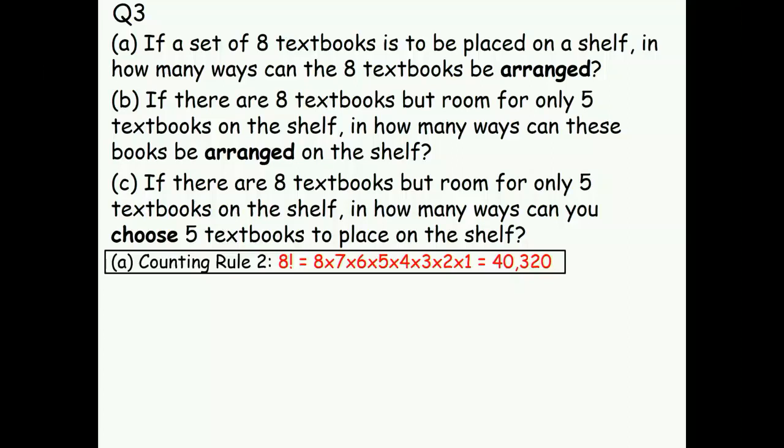8 times 7. Now when we come to B and C, it is 8 and then 5, a subset. 8 and 5, a subset. The question looks a little bit similar. Now you might be confused. Shall I use permutation or shall I use combination? You might be a little bit juggling. Which one is the best? I will give you a little bit of information on how to differentiate. Keep in mind, most of the time this is arranged, this is choosing.